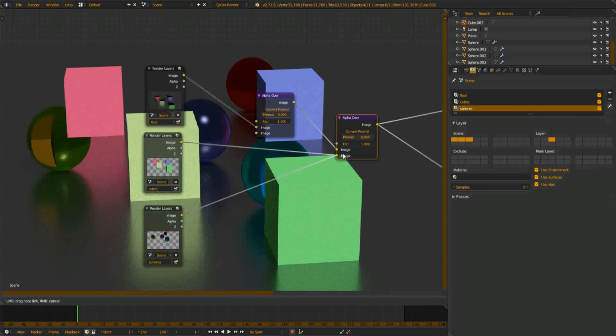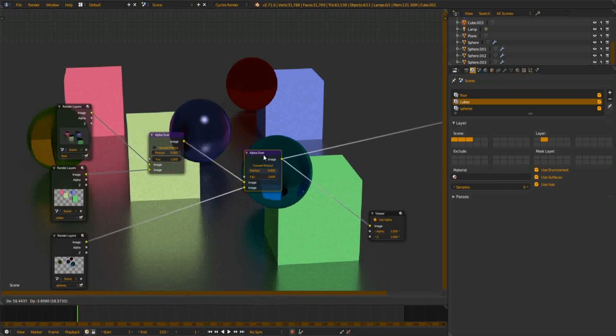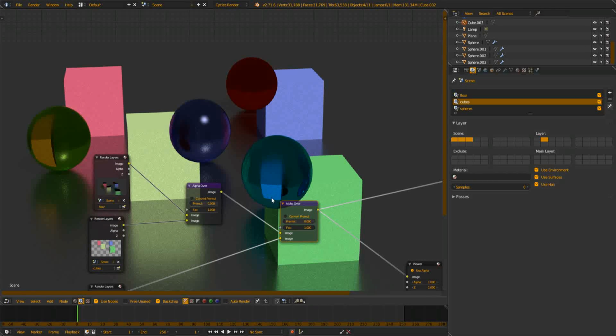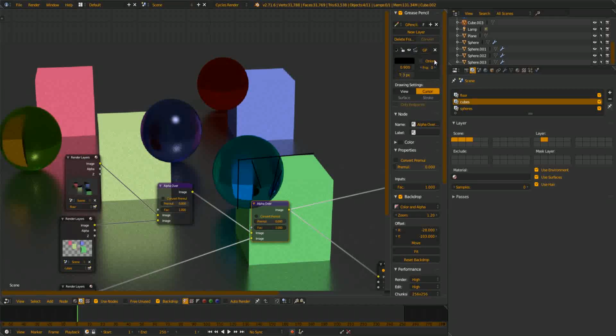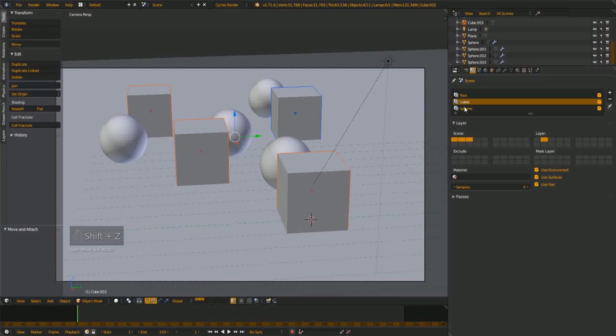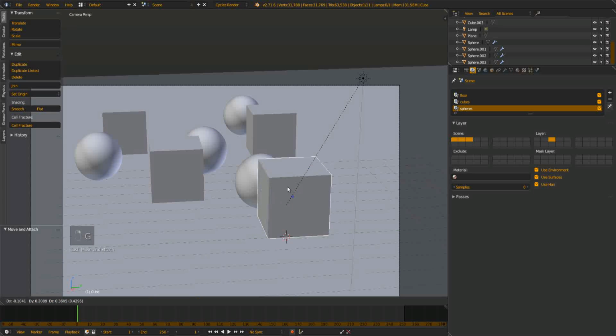I think you can imagine the reason, and it's just like any normal image editor that has layers. In this case these are layers and we add them on top, and it just overlays them, and Blender doesn't know that this part of the sphere here is behind this cube, so we have to erase this part. To do that we go to the spheres render layer and erase